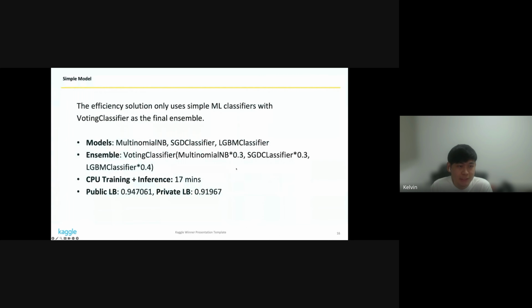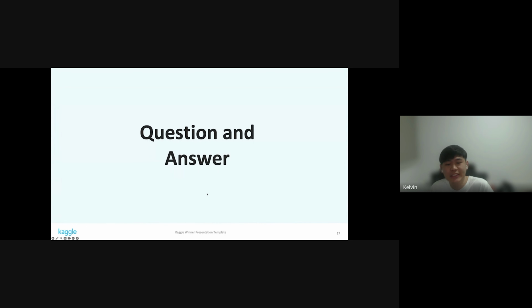So for the model training, it's just a simple model because I'm more focused on the efficiency solution. It's just 3 simple models which I described earlier: multinomial Naive Bayes, SGD classifier, and LightGBM classifier. The ensemble is basically just taking the 3 of them and assigning them a weight. And the final training time is 70 minutes, and this is the final score. The public LB is 0.94, which wasn't great, and the private LB is 0.91 for the efficiency leaderboard. Yeah, I think that's